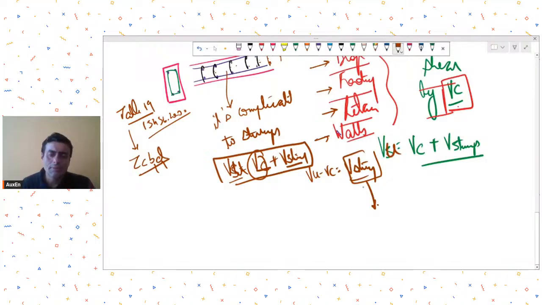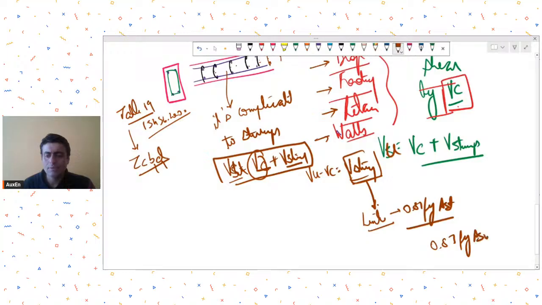So again, for the stirrup reinforcement, if you are providing single links, then for each link you can find out how much shear it is taking, for example 0.87 Fy Ast. If you are providing single links, one link will take this much shear. If you are providing it in a slab-like arrangement, you can use our formula 0.87 Fy Asv d upon